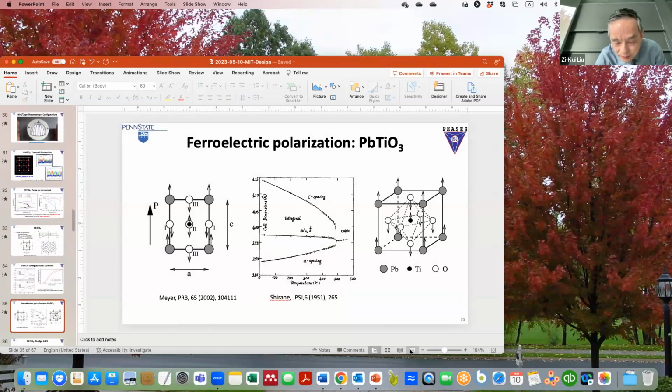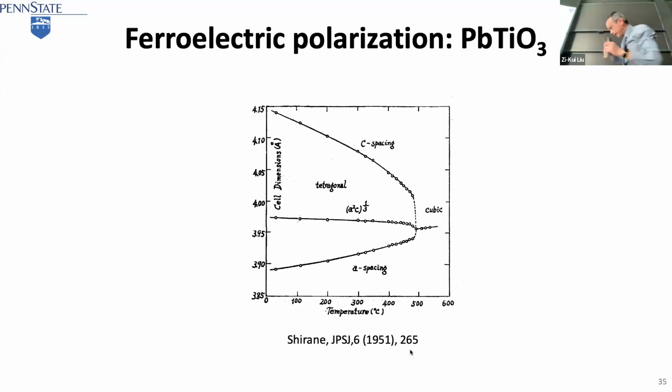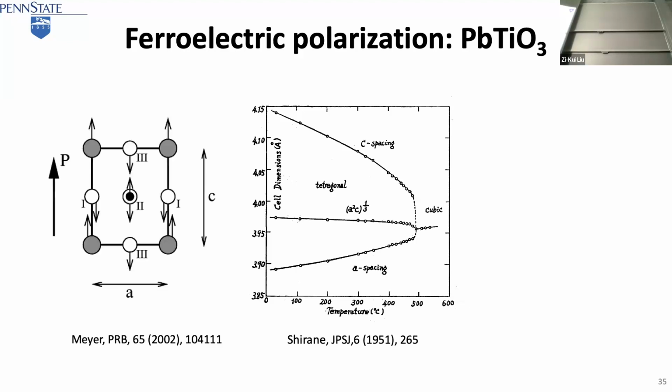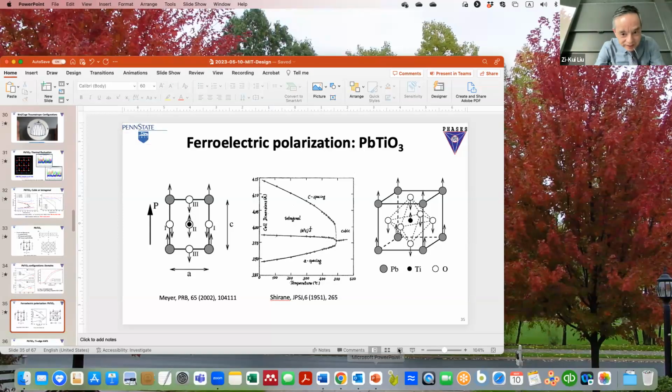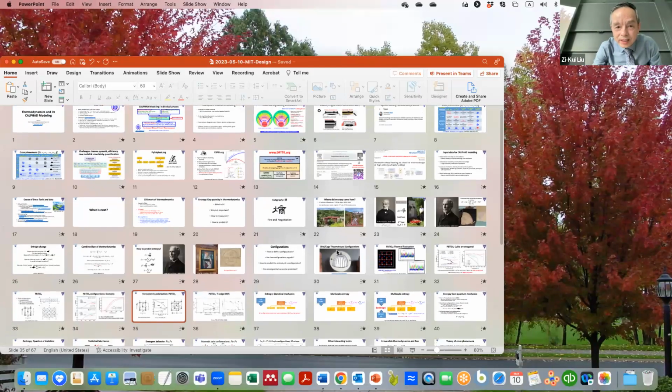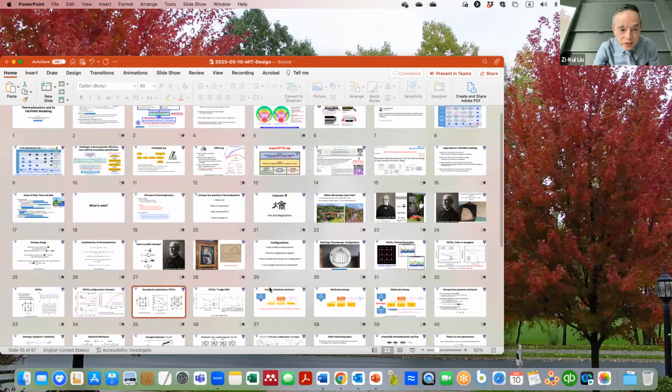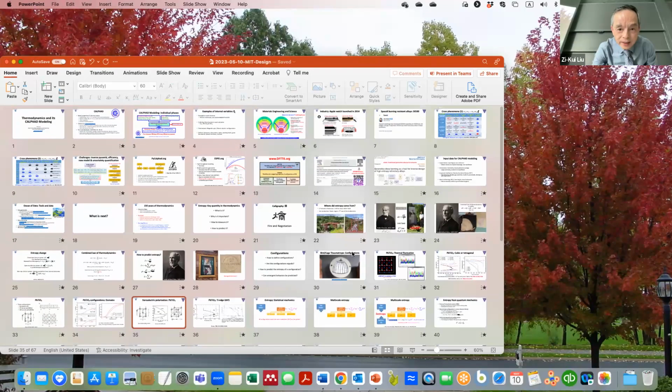So lead titanate: we know that low temperature is tetragonal and polarized, high temperature is cubic and non-polarized, right? So it's very clear. If you do X-ray, you find the tetragonal and polarized, and high temperature non-polarized. So now if you do the spin, what happens is, let me go back to the last. If you do a simulation by the computer,